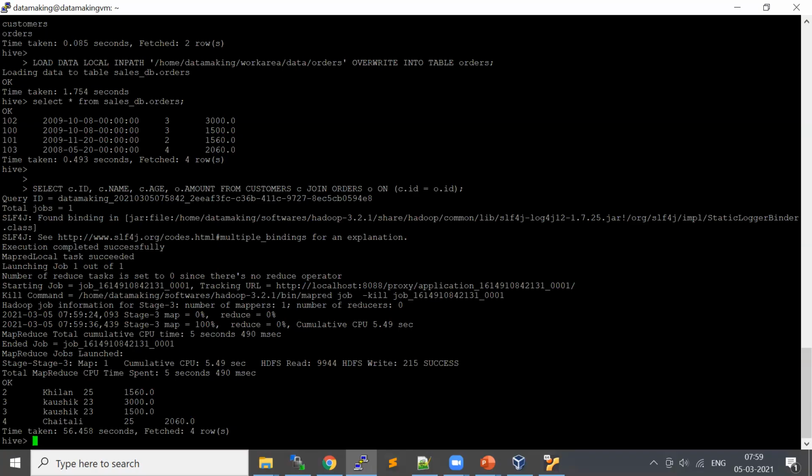The number of map tasks is related to your input data size in HDFS, and the reduce task is dependent upon the operation you perform. For example, if you have order by or group by, then it is going to have a reducer. If you don't have order by and group by, then it will not have a reducer.